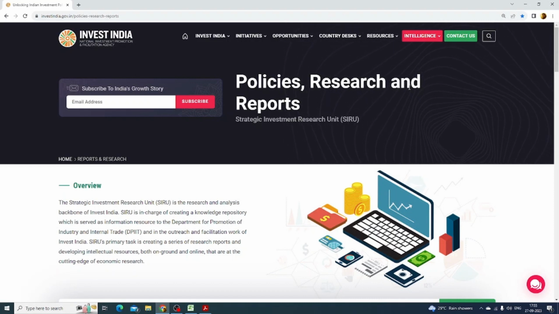So to analyze these factors, we need a very good, reliable source, and reliable research and reports. So for that, we will be using investindia.gov.in. The research and analysis is done by the Strategic Investment Research Unit, which acts like a knowledge repository